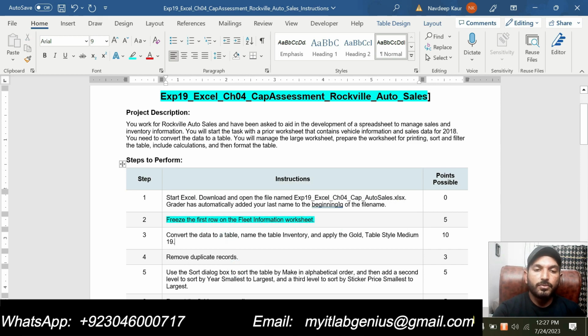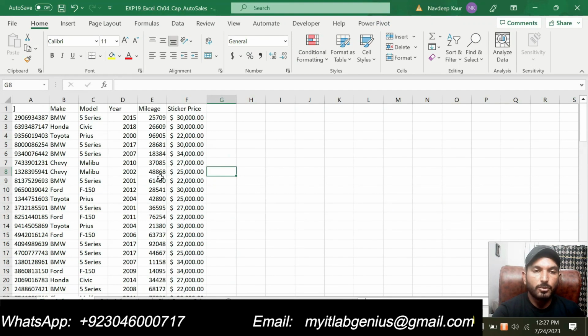So step number 2 is freeze the first row on the fleet information worksheet. Let's move to the Excel workbook. This is the first row.